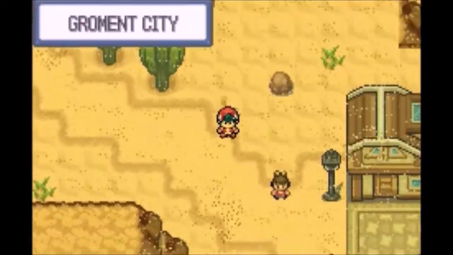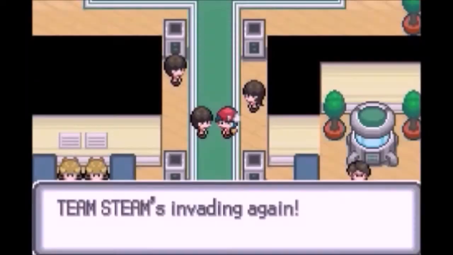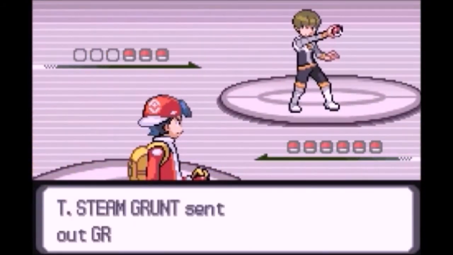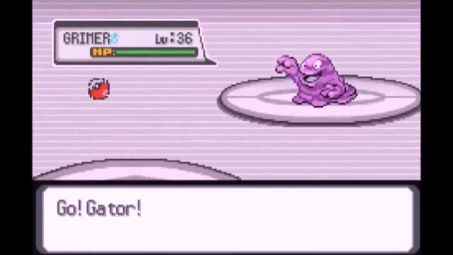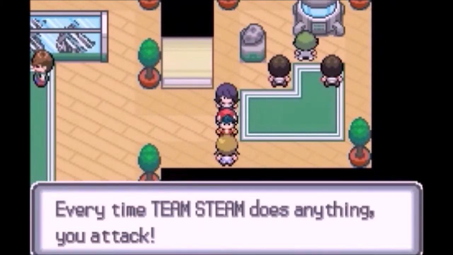And then we head over to Groment City, which is the next city up, where obviously Team Steam is attacking the electrical supply system that is going on throughout the city, so of course I have to jump in, and without a shadow of a doubt in my mind, I have to stop them, because I'm a 10-year-old boy who can fight with Pokemon. Yes. But actually I'm getting into this double battle here,